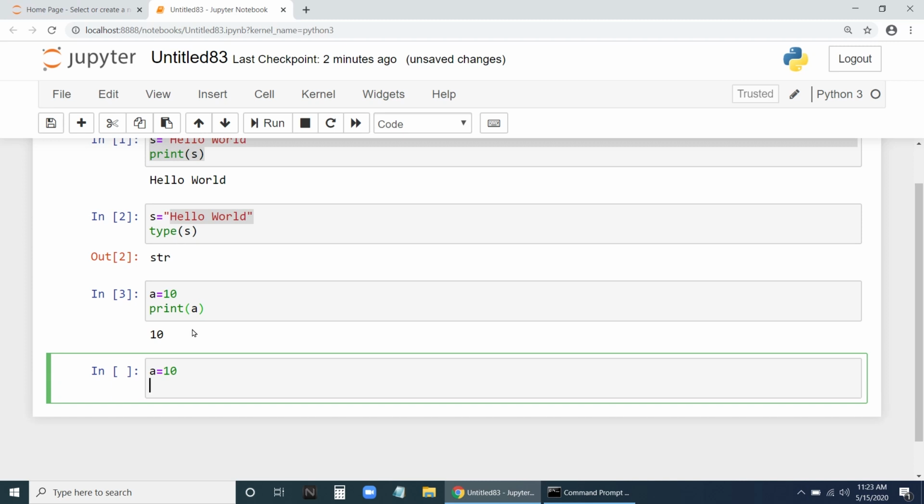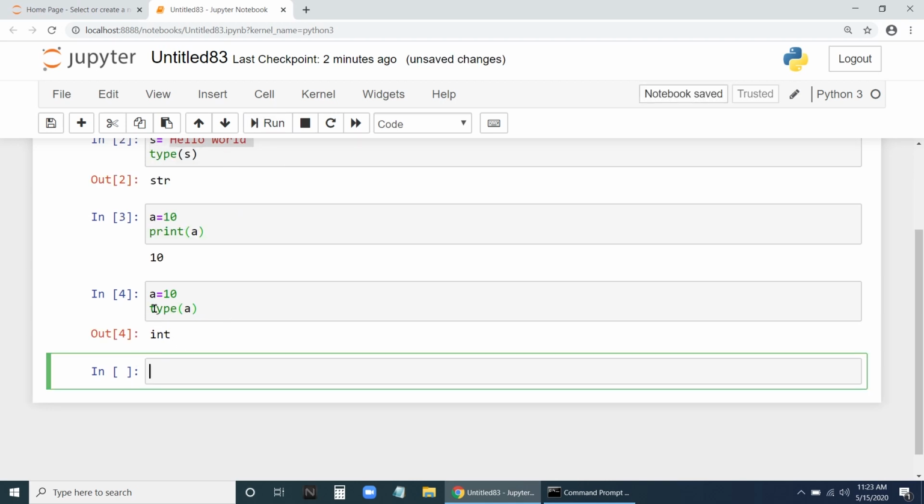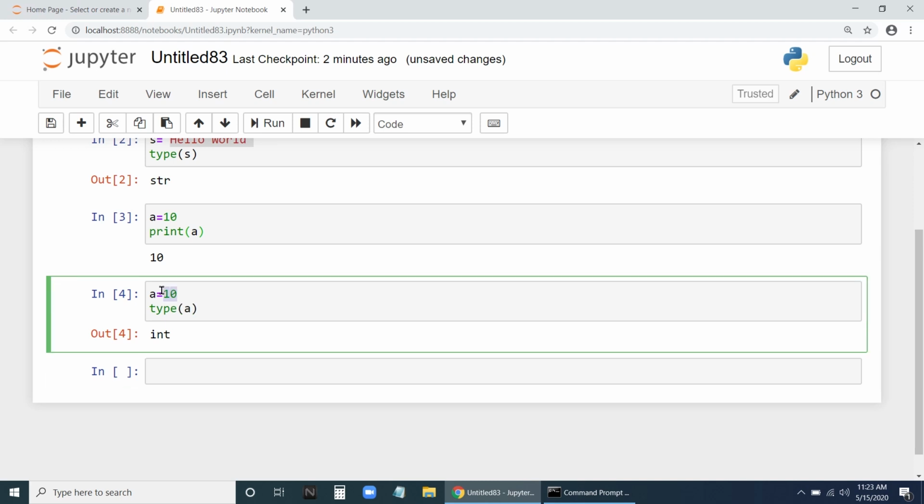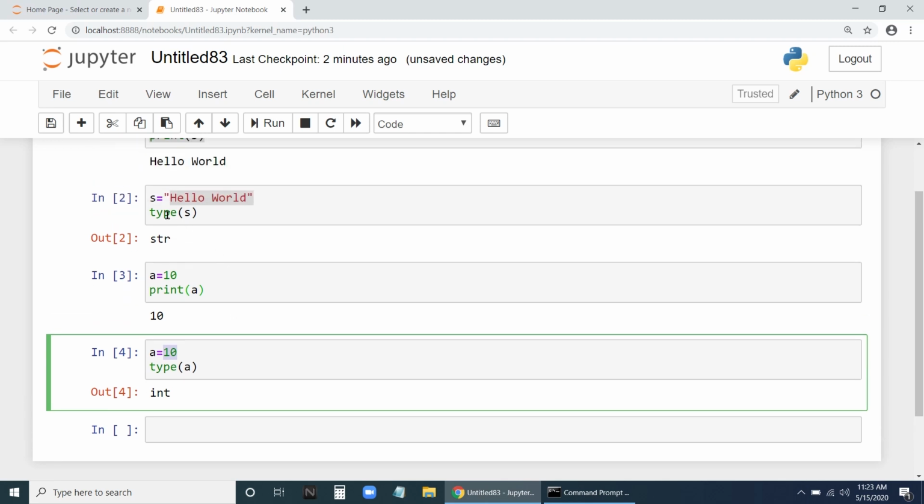Then if I say type a and run this, the type of a is int. That is, a holds the integer data type. Integers are nothing but numbers. Strings are nothing but a set of characters.